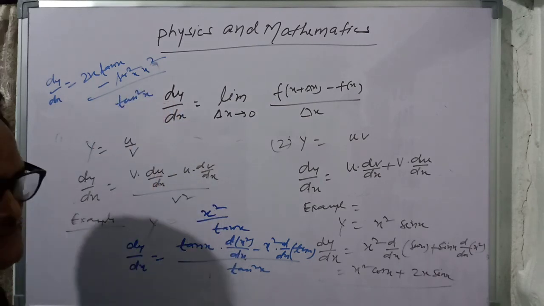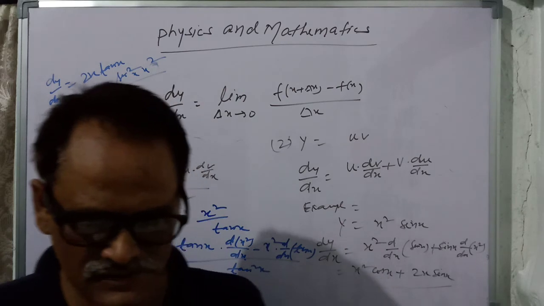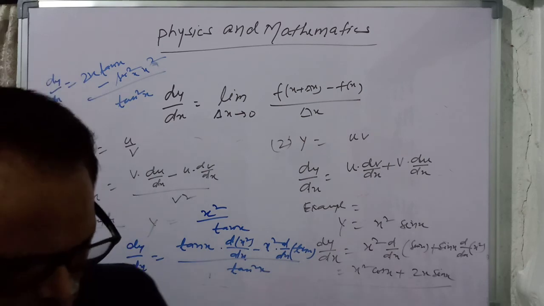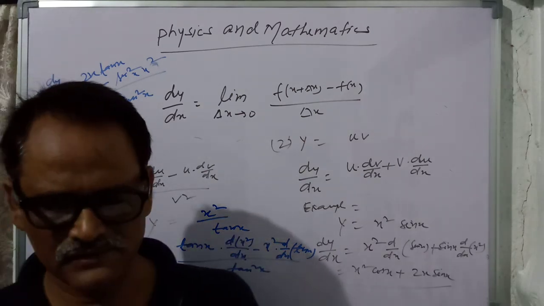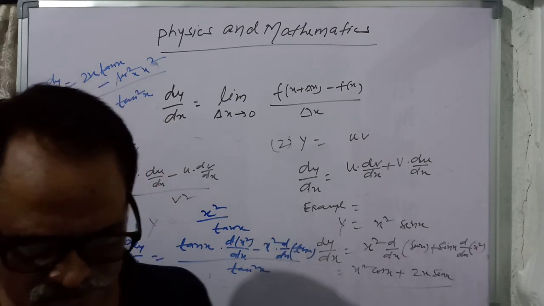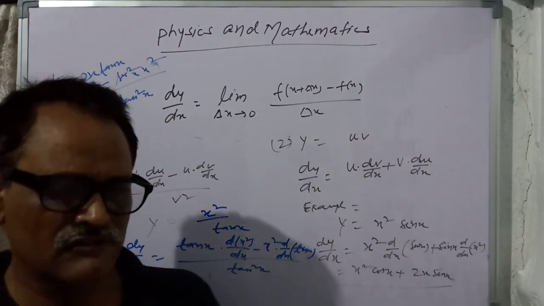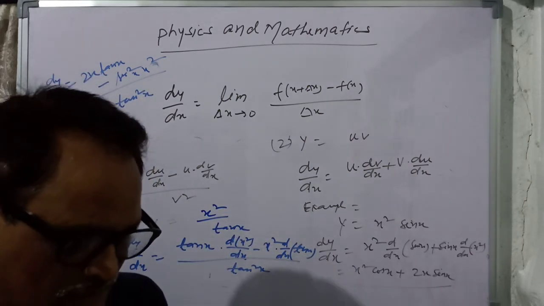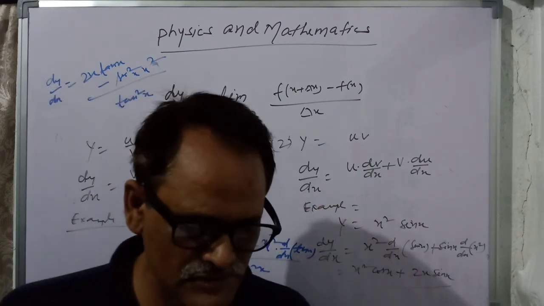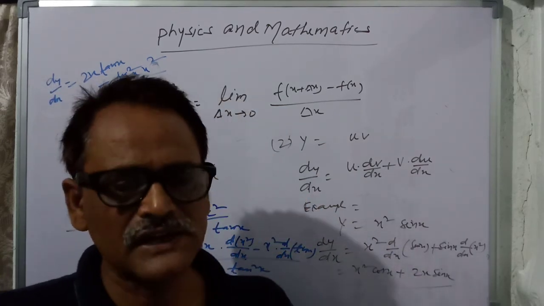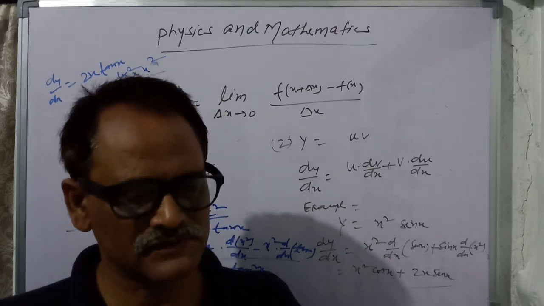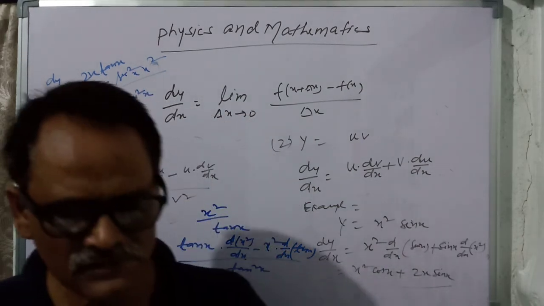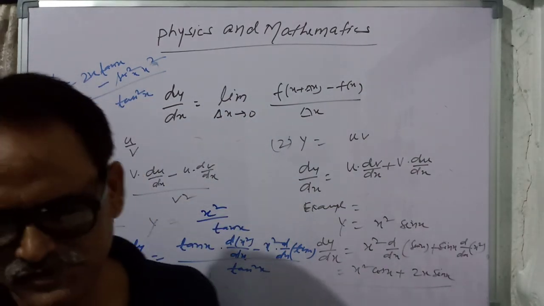So these are the basic rules by which we can get the derivative or the differential coefficient, and this is the simple basic concept of the differential coefficient. And when I teach physics, if there is a use of this differential coefficient, I will try to clear that again at that time. So try to solve some basic questions to get the differential coefficient. Thank you.